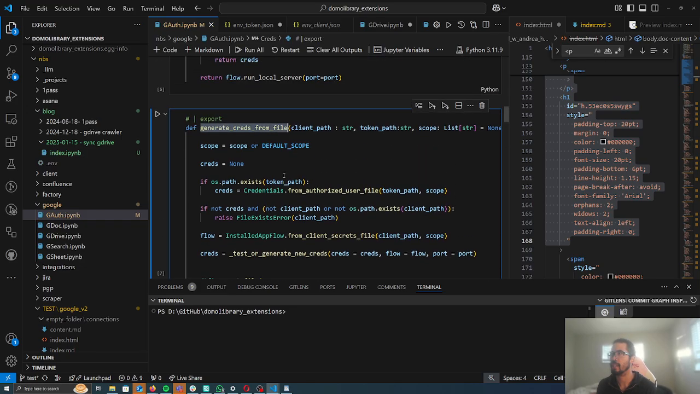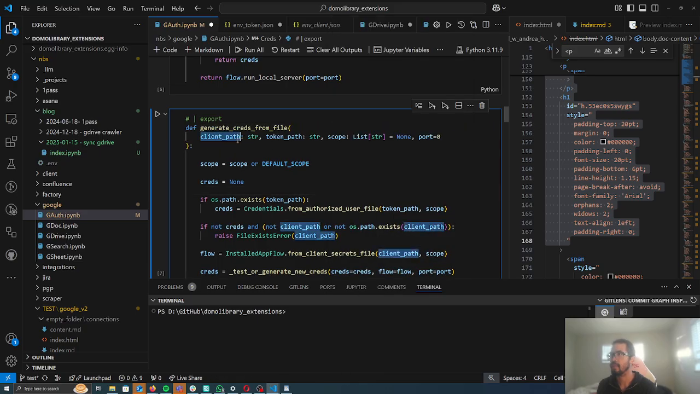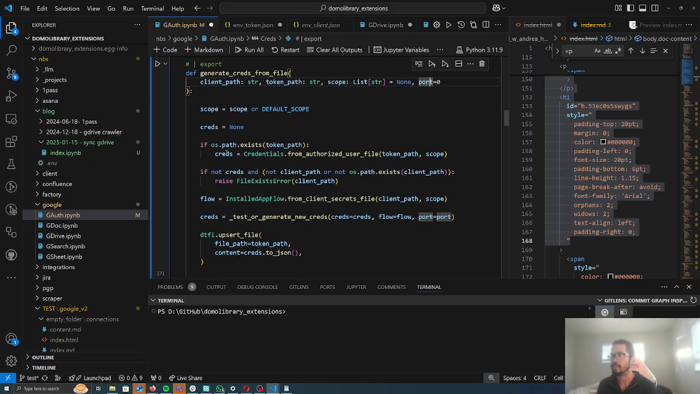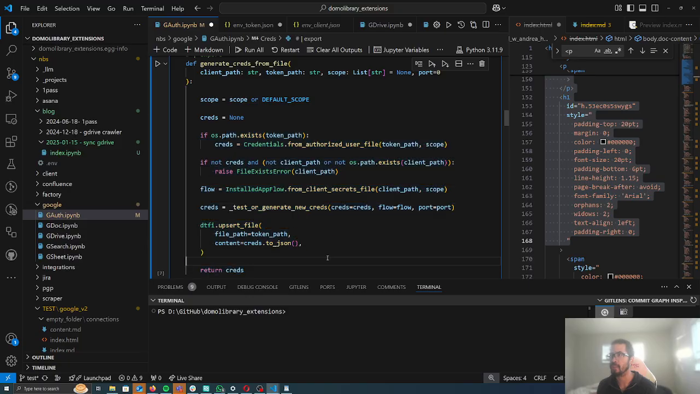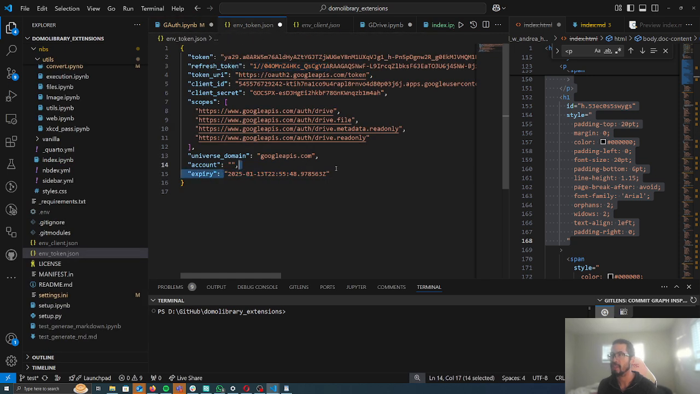Let me talk about generate creds from files. So this is a root function that receives a client's path, a token path, a list of scopes, a port number, and then does some stuff. So again, the way authentication works is if you pass in a token, and remember, the token says, I'm Jay Wilson. I've signed in with my username and password. I've given you permission to assume that I have the same username and password for this length of time. I've given you permission to take these actions, and I want to connect to